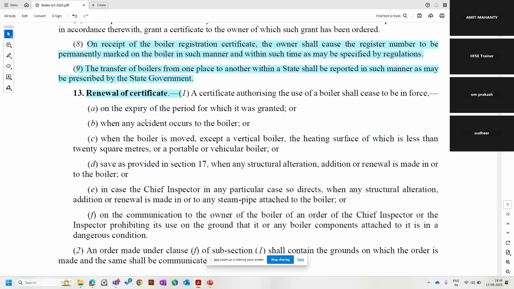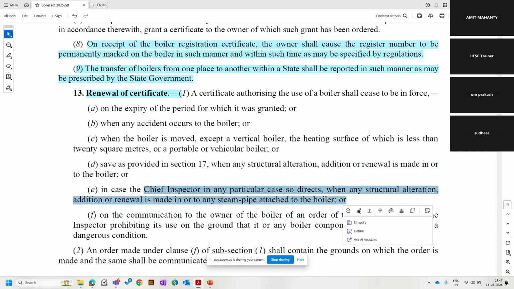Once the license expires, it will cease, or the license ceases in the event of any accident, or in the case it is moved from one place to another place, or in the case structural alterations, additions, or renewals are made to the boilers, or the chief inspector feels that this boiler is